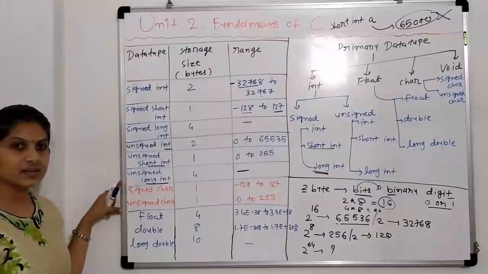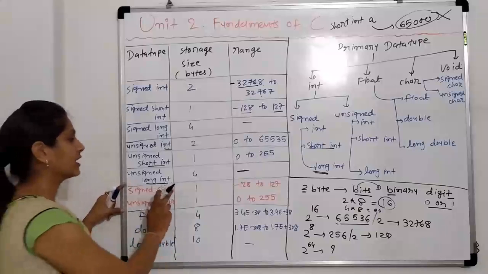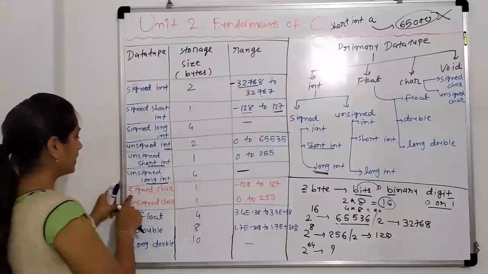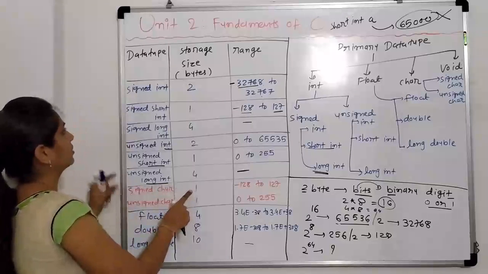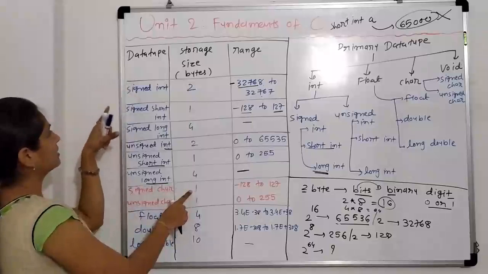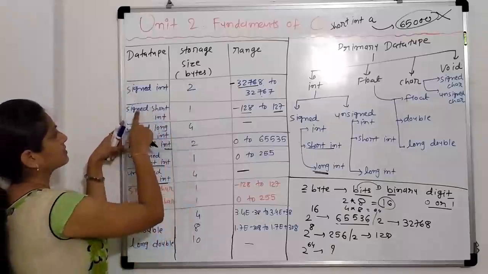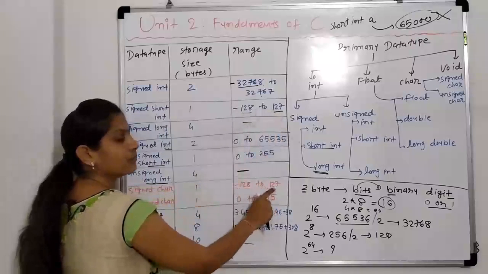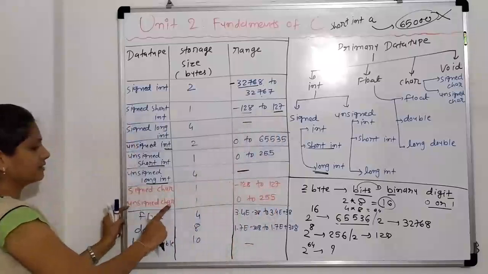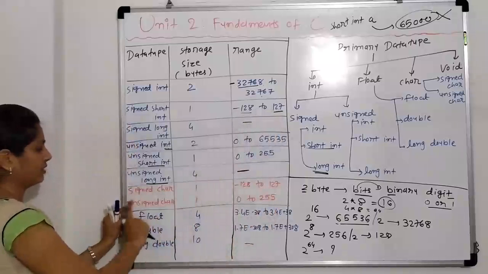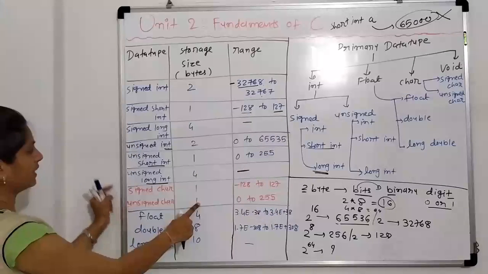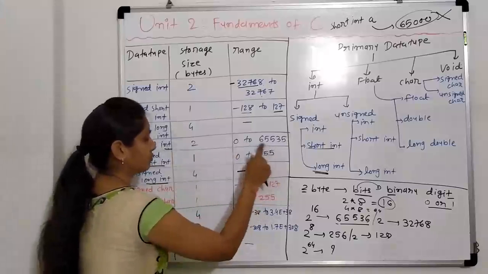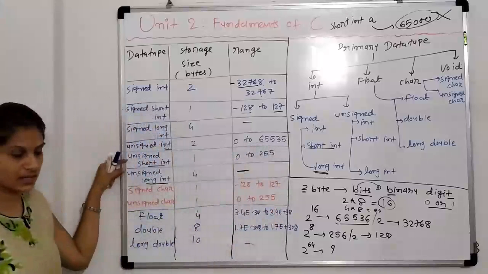Now signed character and unsigned character. The character occupies only 1 byte in memory. So if it is in the signed category with 1, in this figure, signed and 1, the range is this. So here I am writing the same range. Unsigned character with 1, unsigned and 1, at which place? This. Unsigned and 1. So the range is this, 0 to 255. Clear?